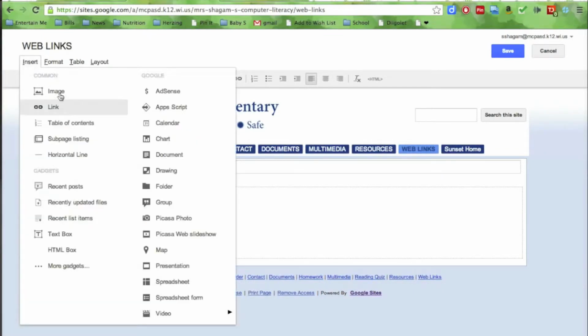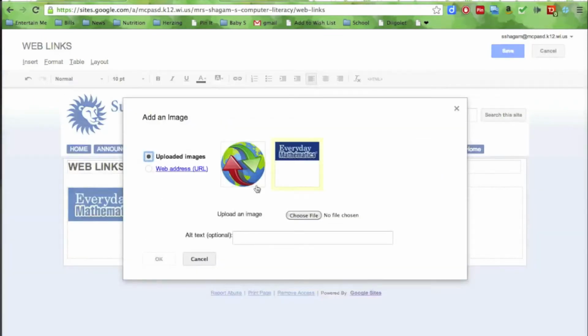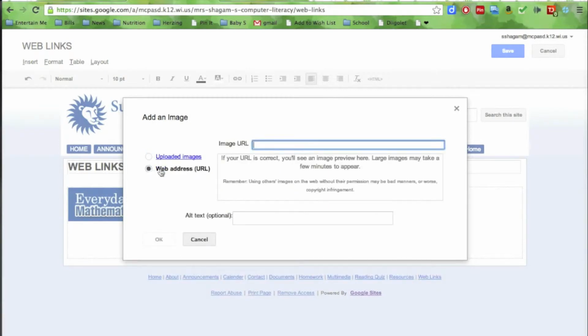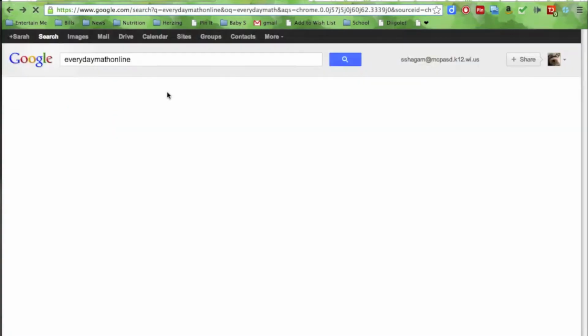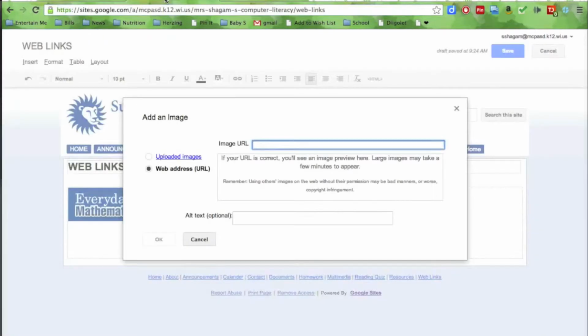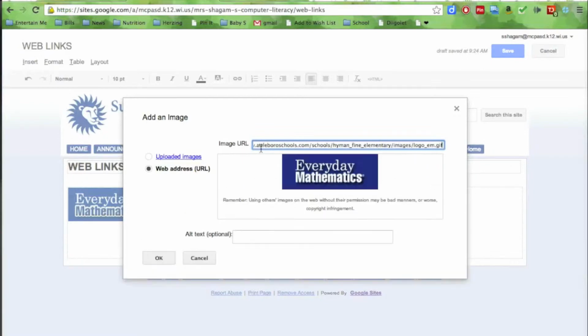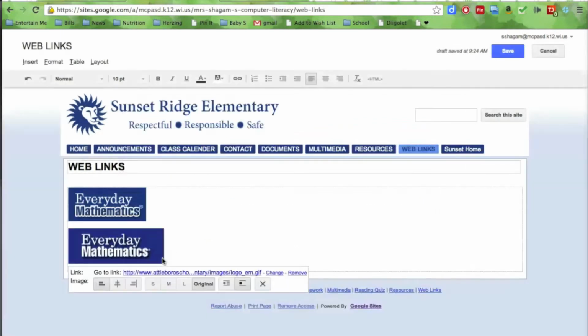If you go to Insert, Image, and change the radio button here to Web Address. Now I need to find the web URL that I want to use. I'm going to go to View That Original Image. Here's that image. If I copy this and go back to the web links, I'm going to paste that, and you can see that it's a .gif file, which is an image file, and you can see the picture showed up, so that's correct. If I click OK, you're going to see that it's going to pop up here,